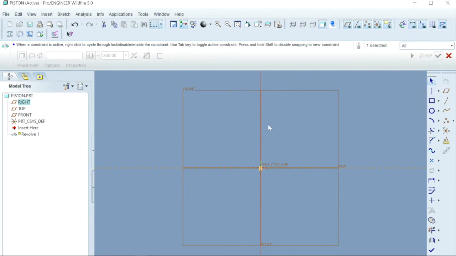Okay, now we need to draw our model. So now select the line command, and according to your design parameters we need to draw a sketch. After the sketch it will convert to 3D. Okay, so select line and make a line.